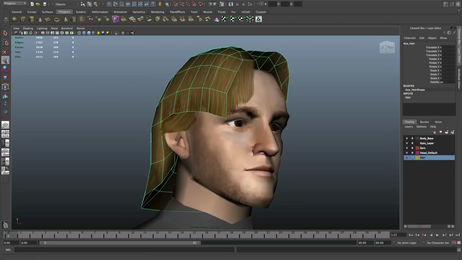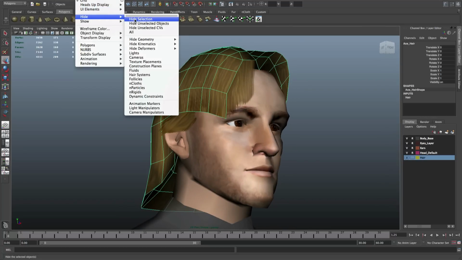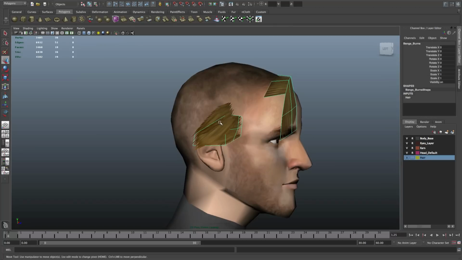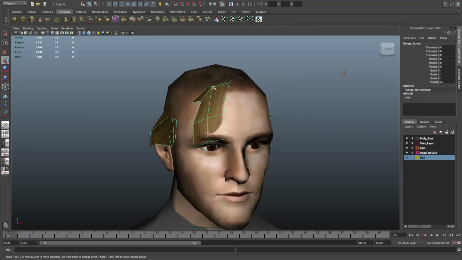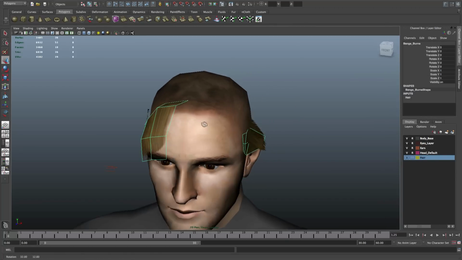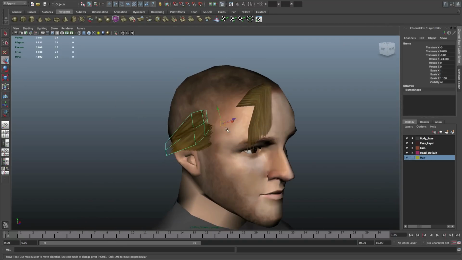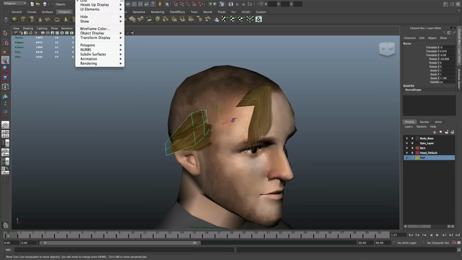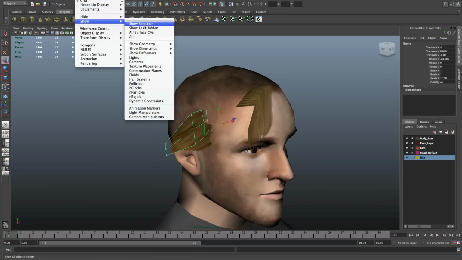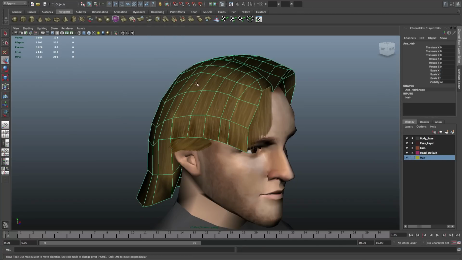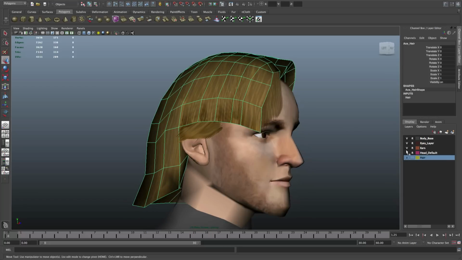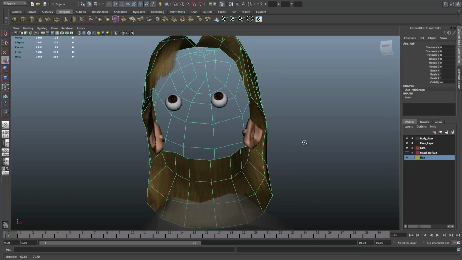What I've got is these. This is the sideburns. Then I've got this little front part of the bangs, and then I've just duplicated the sideburns and just added a little bit more, just to fill it out a little bit more. Now, as for the top piece, it's actually really simple. I can hide the head here, and you can see that